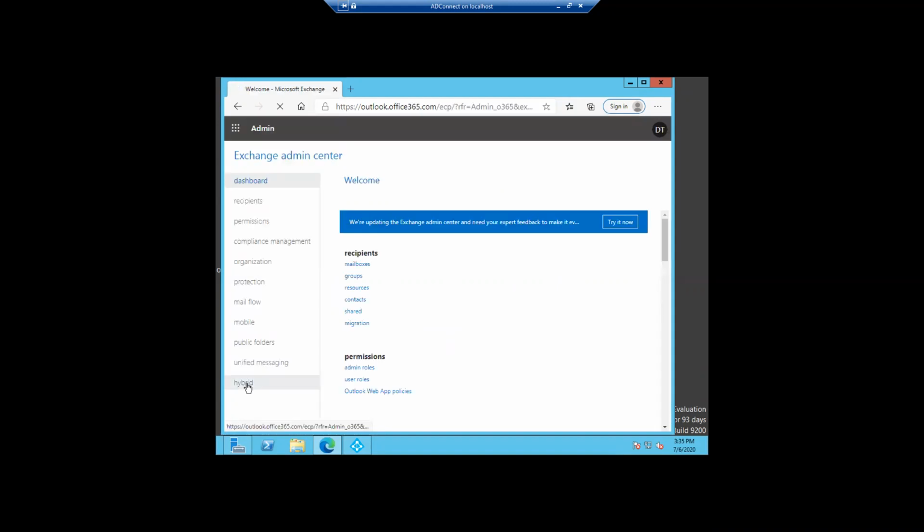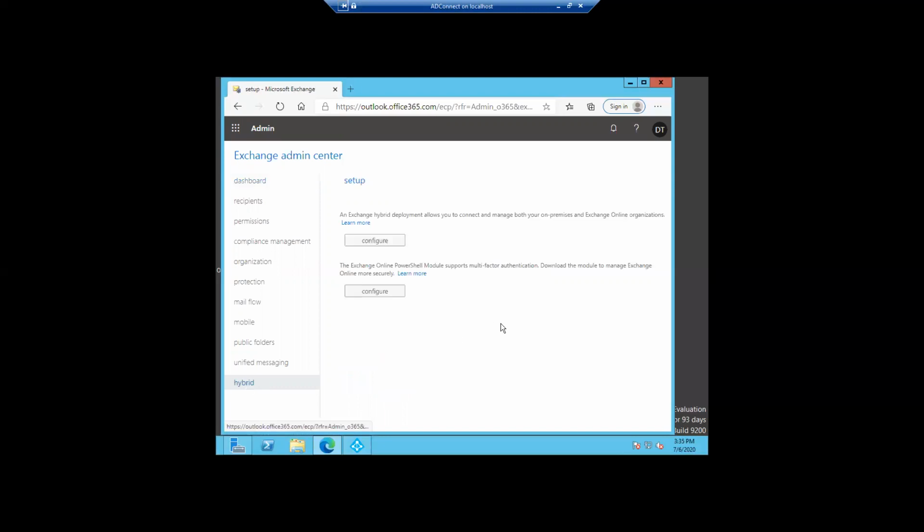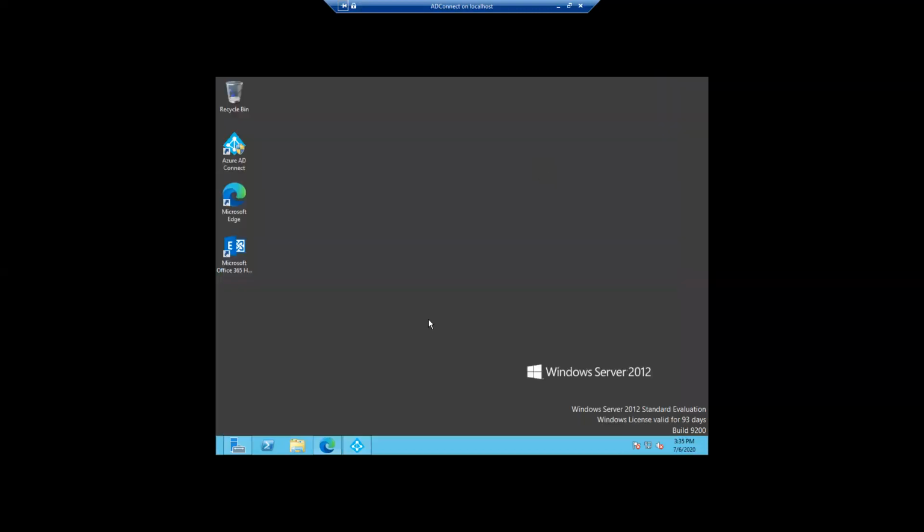Okay, this is the Microsoft Exchange admin center, O365 admin center. Here you will see hybrid configuration. So we have to click on this configure. This small application file will be downloaded on your machine, then you have to run that application.